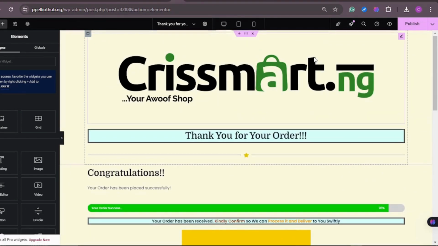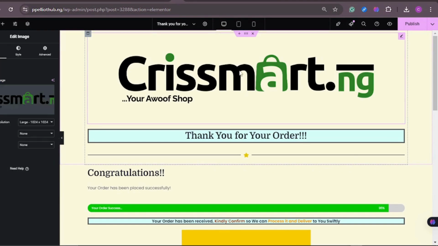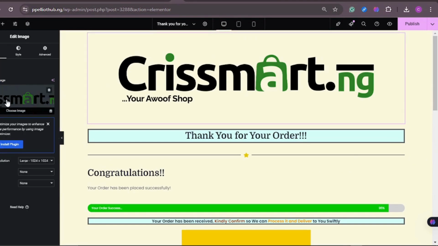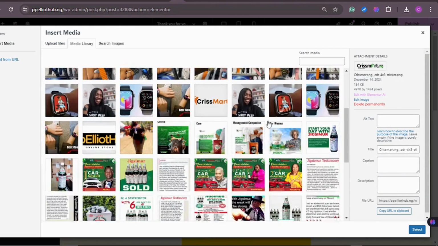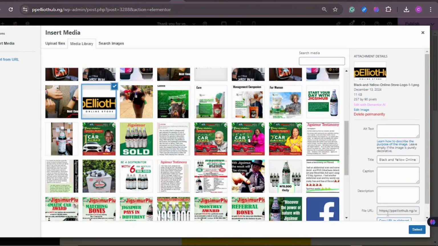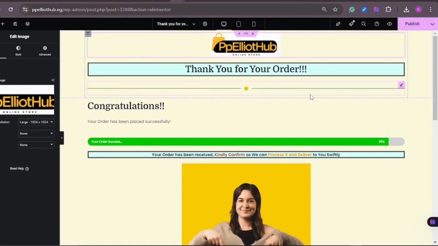So all you need to do is just to customize it. It's Elementor. You can click any part to change it. This is not our logo. So we need to put our logo here. We just come here and select our own logo. Put our logo here. This is not our logo, right? But this logo is not having